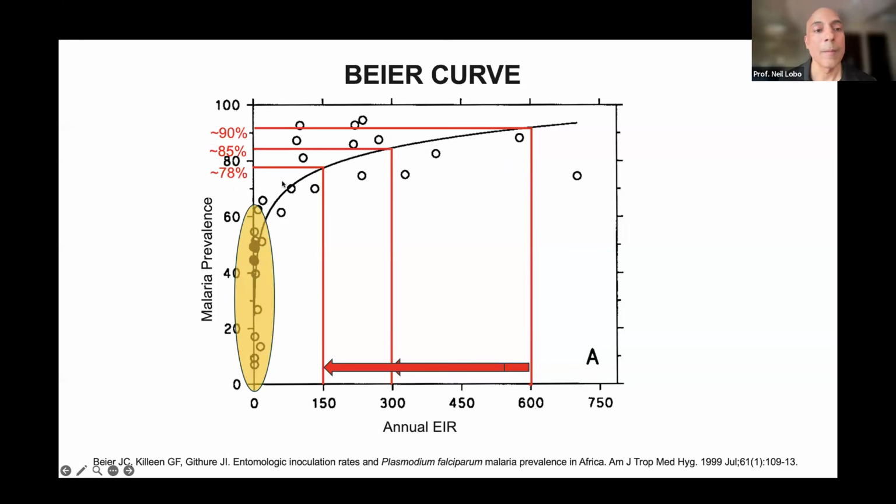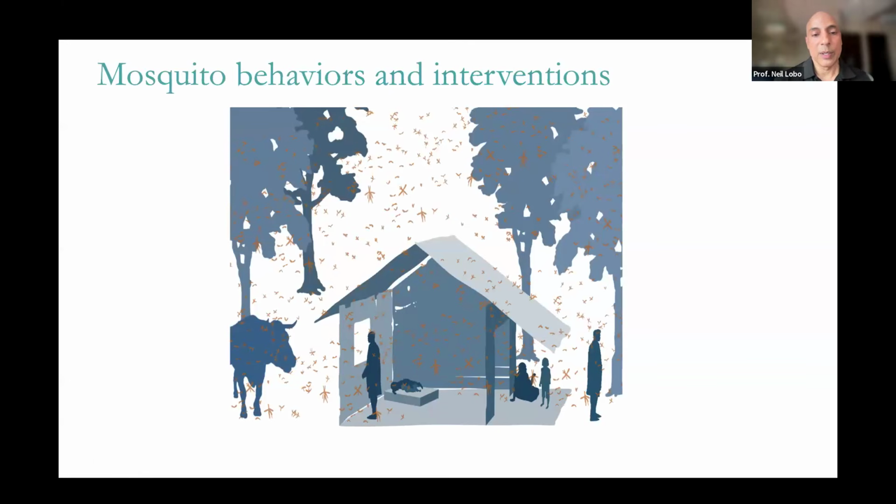And this might be the case in areas like Papua New Guinea or areas with really high transmission like Nigeria. And of course, we need data to demonstrate that. But this might be the case because the Ministry of Health might be doing really good jobs and reducing transmission hugely, but not having the intended impact on malaria prevalence. And what we need to do is have a concerted strategy where we attack both reservoirs simultaneously in a really good manner to get the transmission down to this orange level, where we can actually see a drop in malaria, where we can have a sustained impact in transmission.